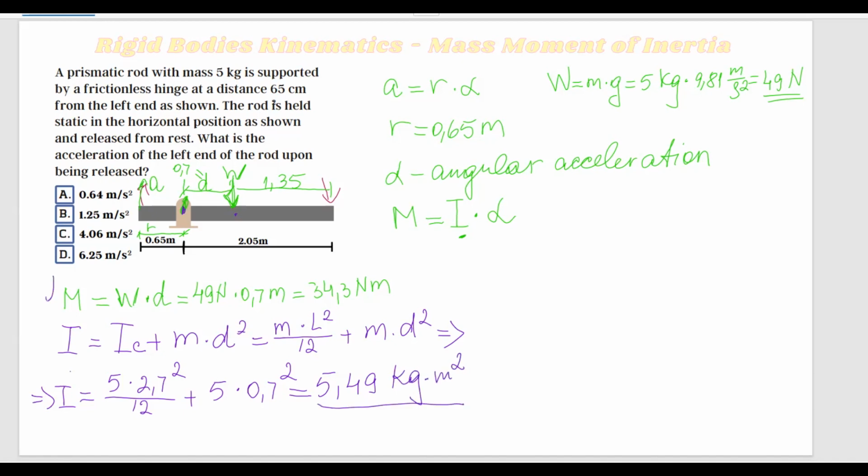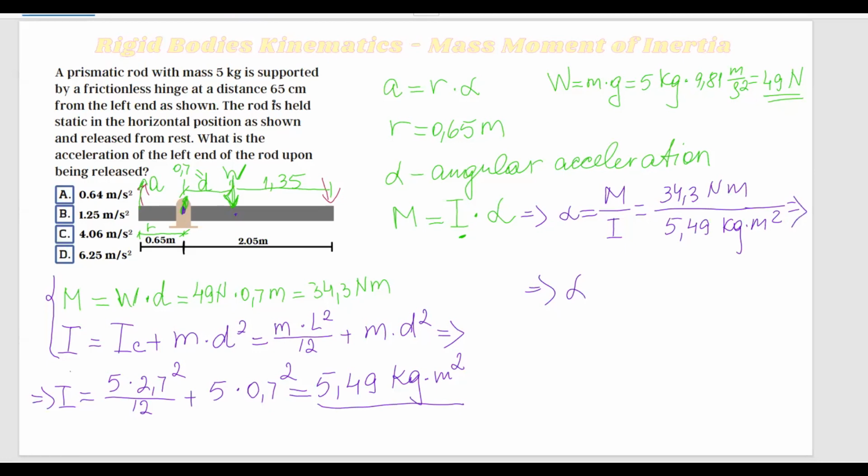So now that we have the resultant moment and mass moment of inertia, we can come back to this equation and calculate the angular acceleration. From this equation, angular acceleration is going to be equal to the resultant moment divided by the mass moment of inertia. From here, we're just going to substitute. I have 34.3 newton meters divided by 5.49 kilograms meters squared, which results in an angular acceleration equal to 6.25 radians